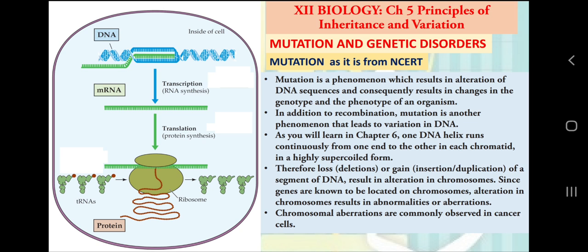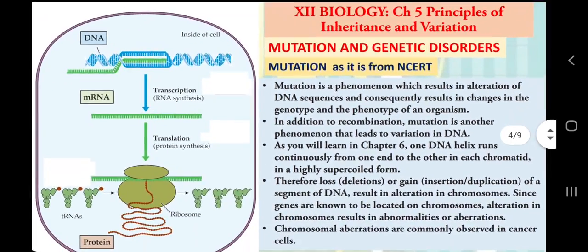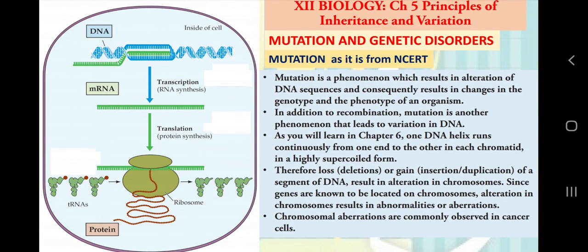And because of that sequence of DNA, the same sequence we are going to obtain in RNA, and because of that sequence in RNA, there is a fixed or particular sequence of amino acids in any protein. Because of that sequence of amino acids, a protein behaves in a certain way, functions in a certain way, or looks a certain way, either globular protein or fibrous protein or any protein. Clear? So I hope I am making sense and you have some elementary idea of DNA, RNA and protein, and that is why I am showing this diagram, so we are able to connect what I am trying to say.